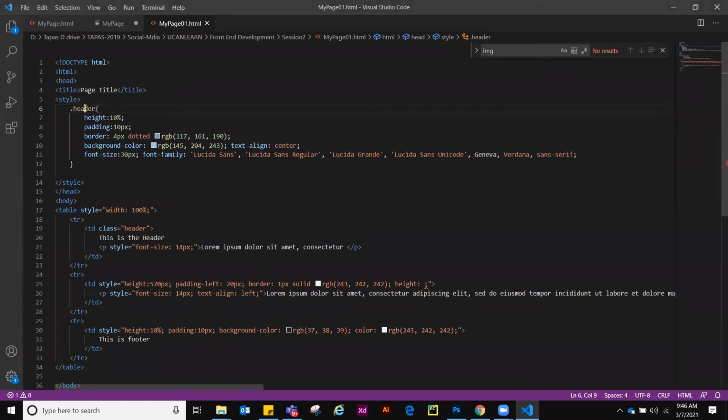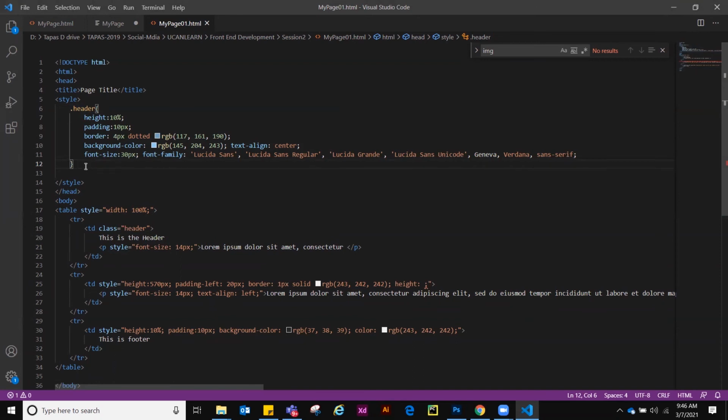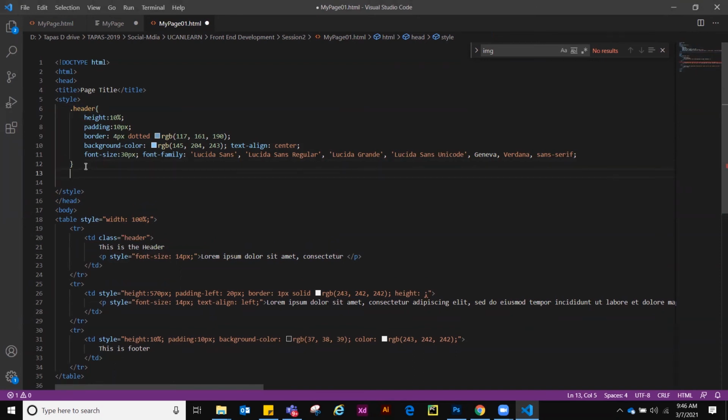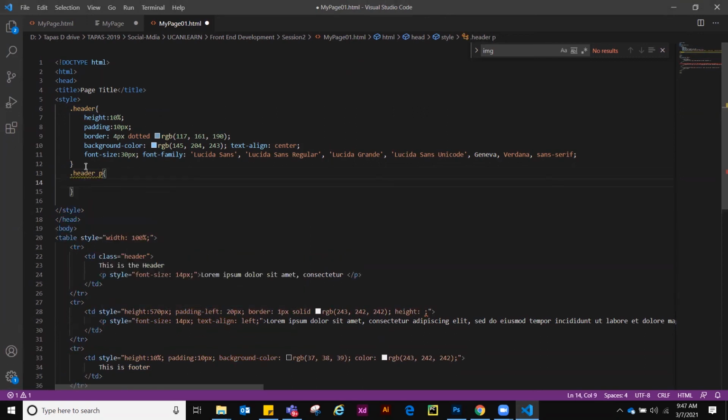Now see, you have header. Now there is a more interesting thing. I have added some specific class to P, right? So if you write header space P, it means inside header all the P elements will be targeted. Inside this header class all the P elements will be targeted.